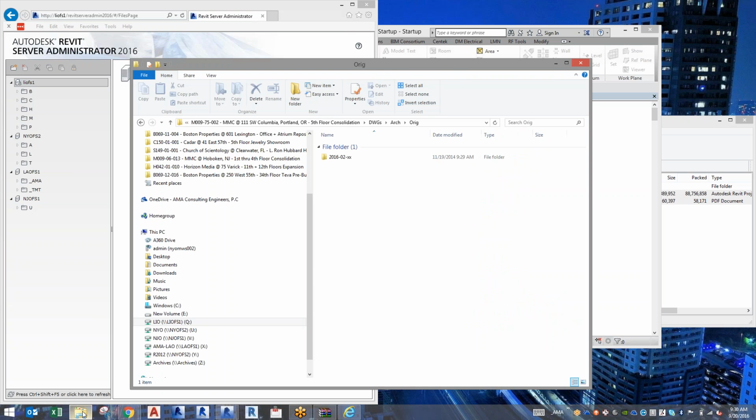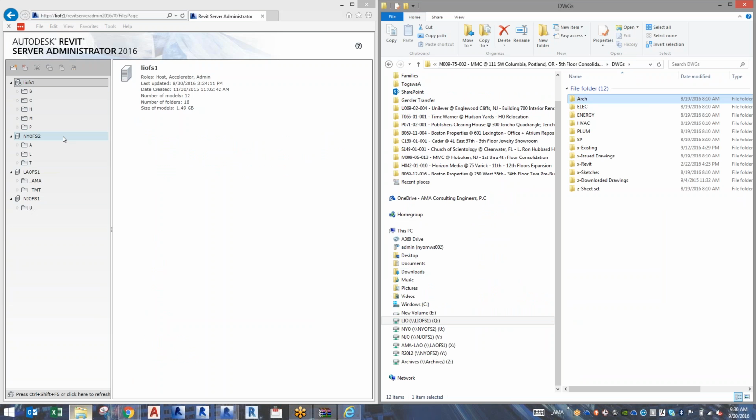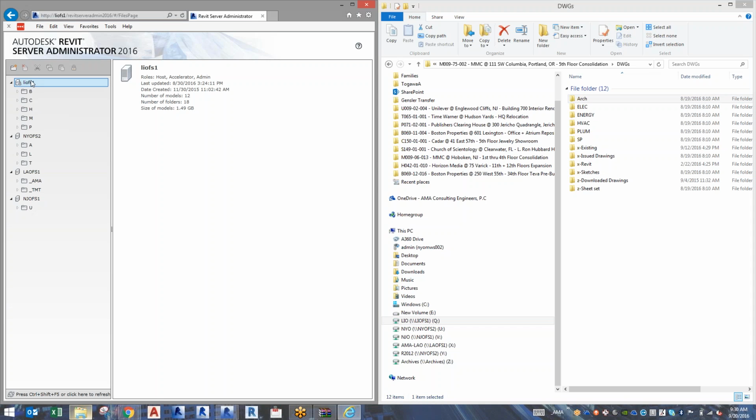So we know the server. Under Long Island, once you go to this server, you can actually access all the other servers for the 2016 projects because they're all connected. So it doesn't really matter, but I like to always go to the address for the location I'm working on. I'm going to, under LIOFS1, create a new folder. Oh, no, I'm sorry, we have a new